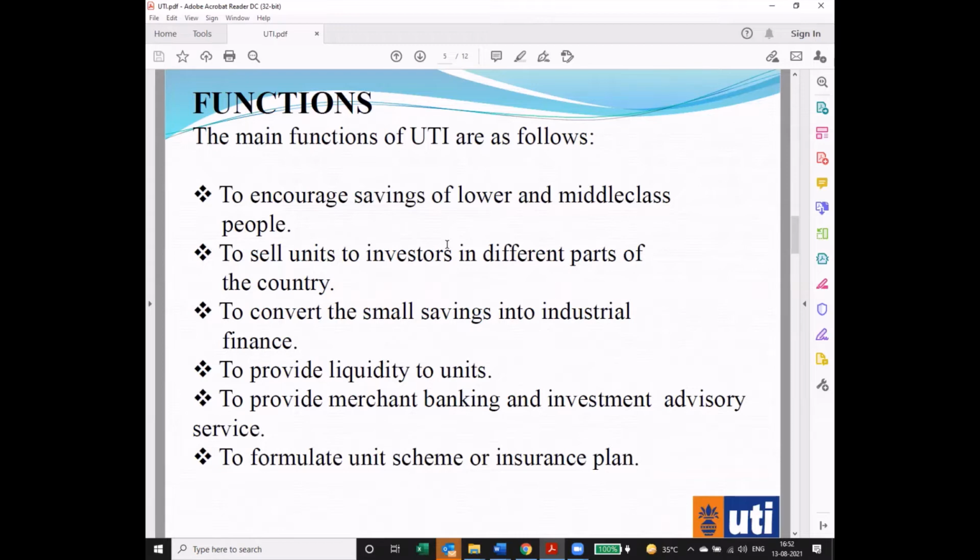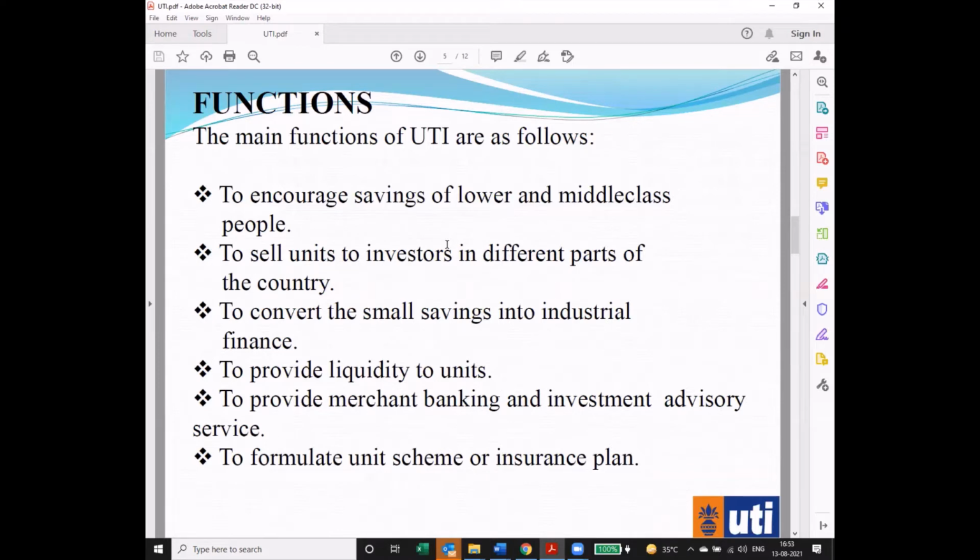Another instance can be that when he wanted his money back after 5 years, he said that give my money back, I'm returning units to you. By that time, the unit price went up to 100 rupees. So for investing 1,000 rupees, he ultimately got 10,000 rupees after 5 years. Exactly like the shareholding and debenture holding kind of working.